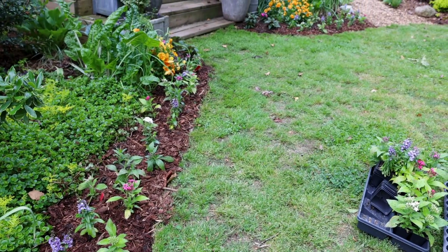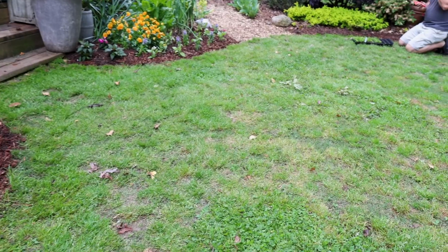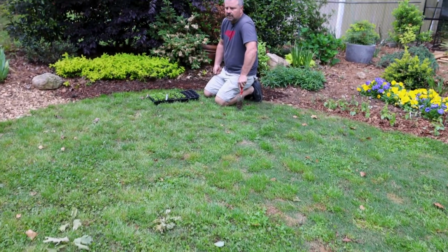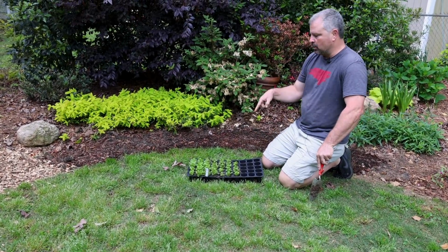So that combo with the Angelonia and the Pentas and the SunPatiens are in. I did some of the Angelonia from seed. Some of the others were purchased. The SunPatiens were purchased. Last thing I'll put in the ground before we start a little hop around tour is